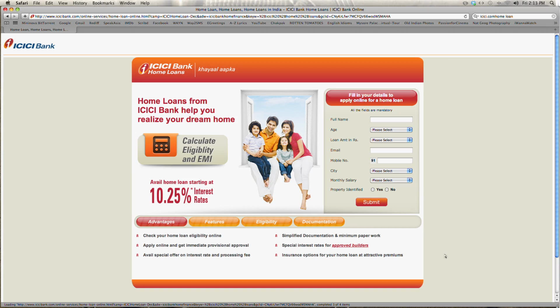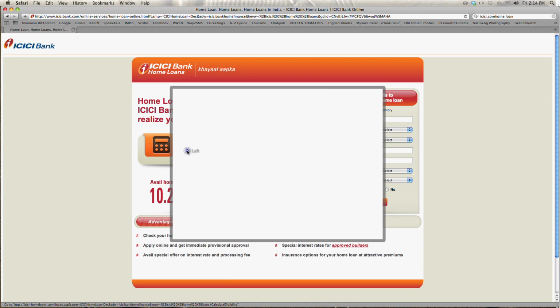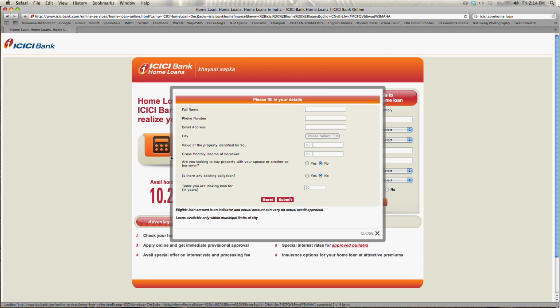So what we did is we designed a page which was split in two halves. On one side we had a big button with a big white space around it saying calculate your EMI. On the other side we had our standard lead form. But the clever thing was that when someone came to the page and clicked on the Calculate EMI button, an Ajax lightbox would pop up with the same lead form,